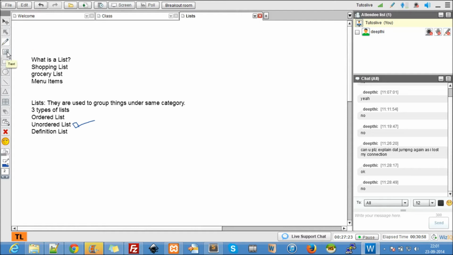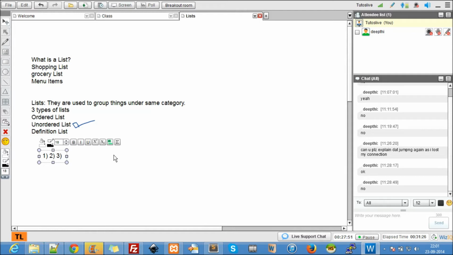An ordered list has a meaningful number or categorization. Let's say when you list ranking, you say first rank, second rank, third rank. So again, this is a listing. An ordered list will have a numbering system or alphabetical order, or something like that.